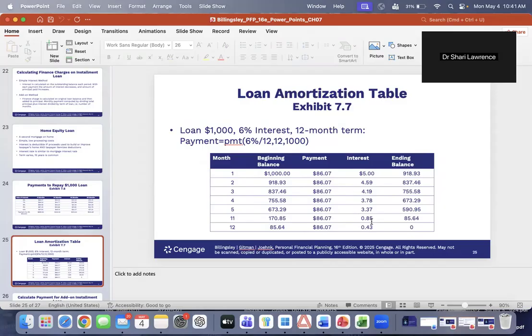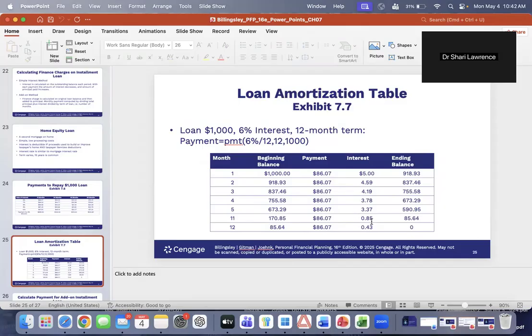It really is striking when you look at a mortgage. For example, if you have a 30-year mortgage and you pay it off in 15 years, you've cut the amount of interest that you've paid in half. If you just make one extra payment a year on a 30-year mortgage, you bring it all the way down to a 22-year mortgage on average, and you save a lot of money in interest.